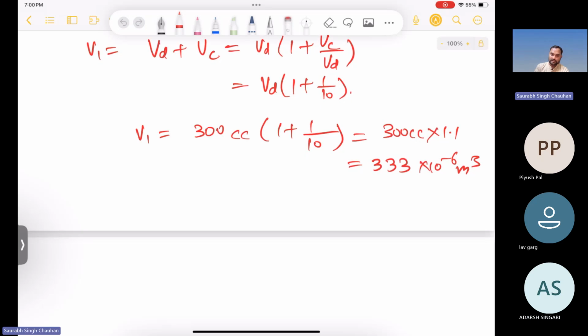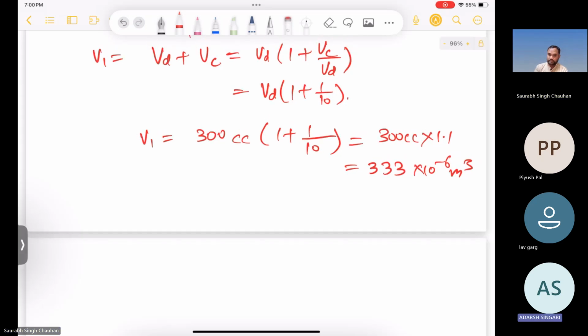So now the mass will be volume divided by specific volume. So 330 divided by